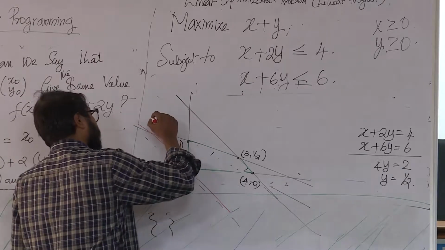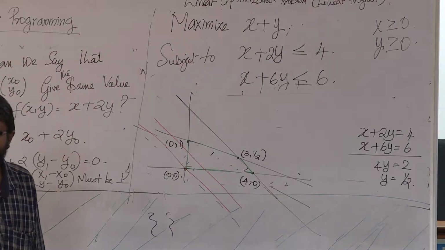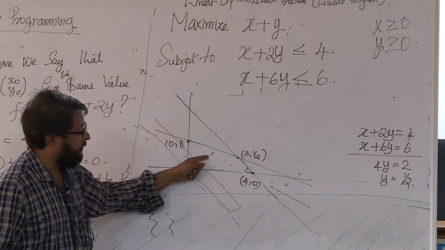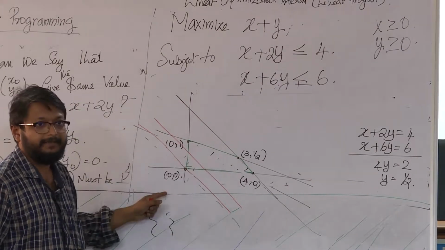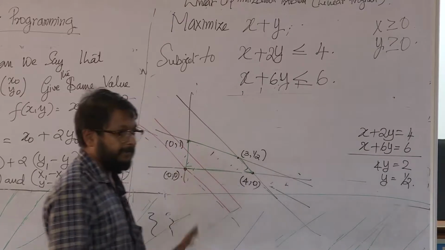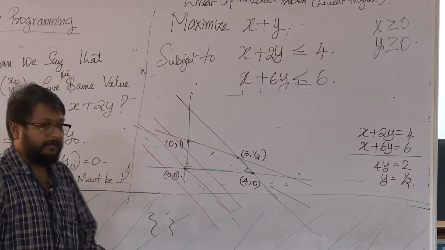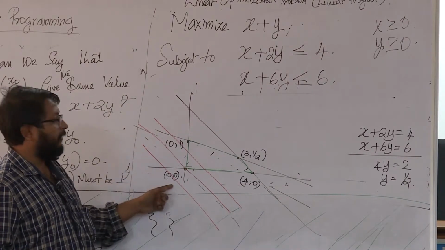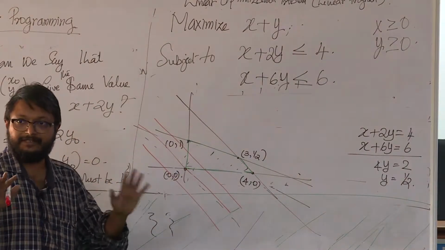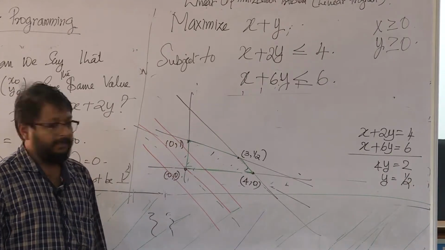Now, x plus y's value will be the same. This is something which we have seen. X plus y will have the same value along any line parallel to this. So it will keep either increasing or decreasing as you draw, depending on the coefficients. Okay. So if you go here on this line, on every point on this line, the value of x plus y will be the same. It will either be greater than the value here or less than the value here, depending on the coefficients actually. So for 1, 1, of course, if you draw on this line, it will increase, right? Now the point is,